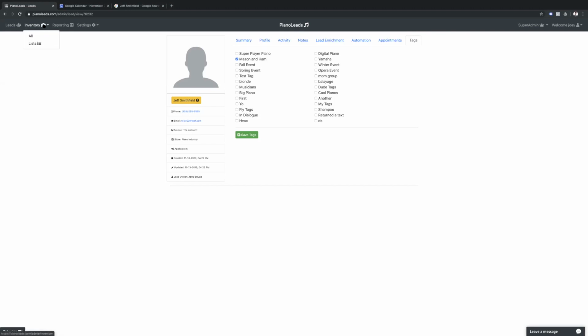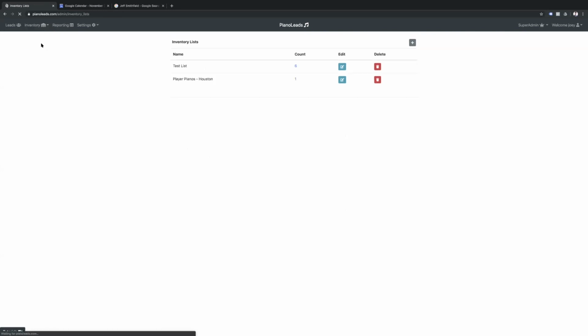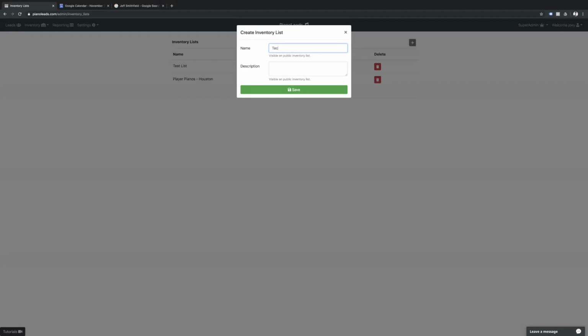So we do have an inventory button here. If you select all, first of all, you're going to see all of the inventory that you have in the system, whether it's on a specific list or another list. This is absolutely everything, and you'll see that there's two lists here on this one. I could also select lists right here, and this is going to give me the inventory lists that I have within the system at the moment. So you can create a new inventory list here. Perhaps you want to call it